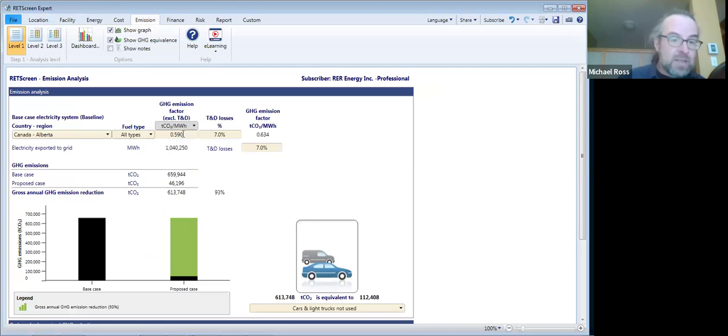Well, one approach would be to say, well, we want an emissions factor of 0.43 here. But the problem is that only works for the first 5 years of the project, right? We can't put in the 0.34 for year 6 and beyond. So what do we do? Well, we can go to level 2 here. And at level 2,